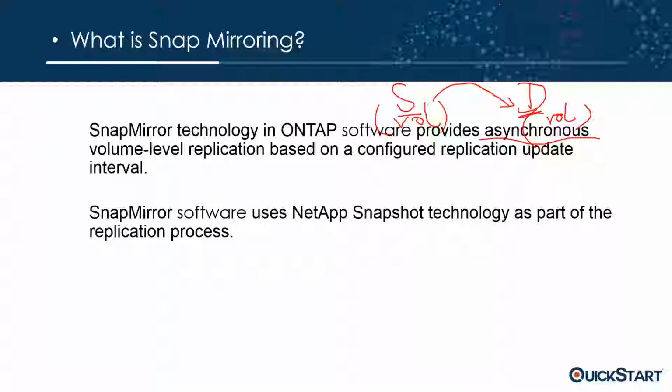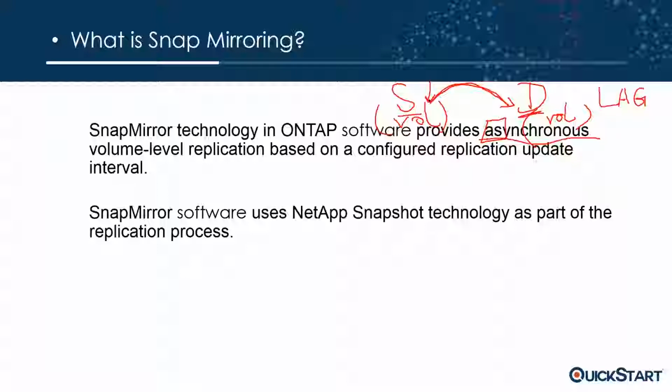What asynchronous means is that it is not ongoing. It will be at fixed intervals. Asynchronous means that first of all, you make them identical, and at fixed intervals, the destination will come to the source and pull for the new updates. So it's very important to understand that there might be some lag, which means that there might be a time when you're doing something on the source and you realize,